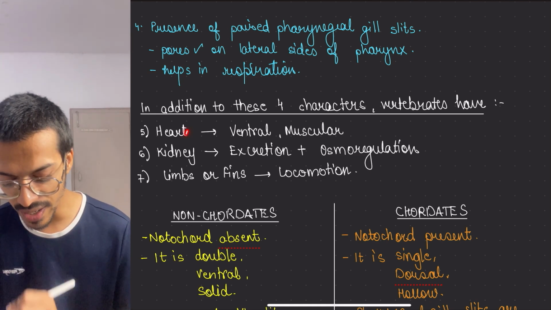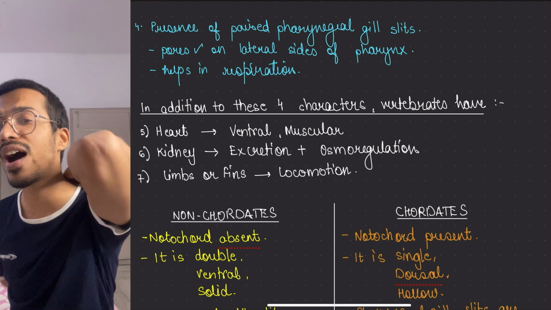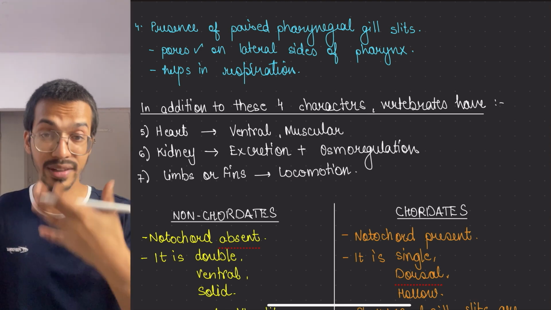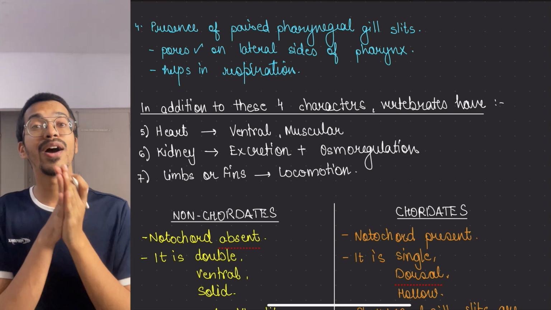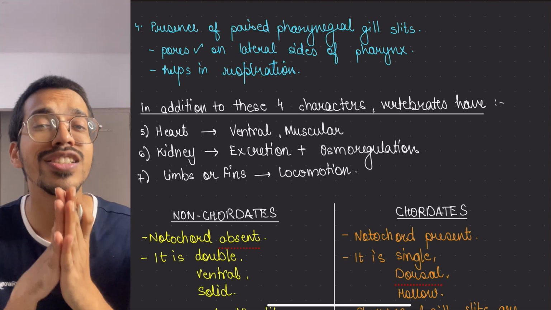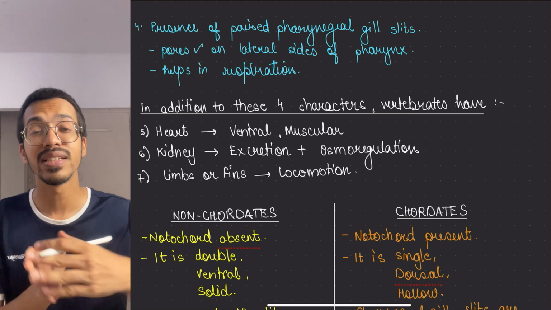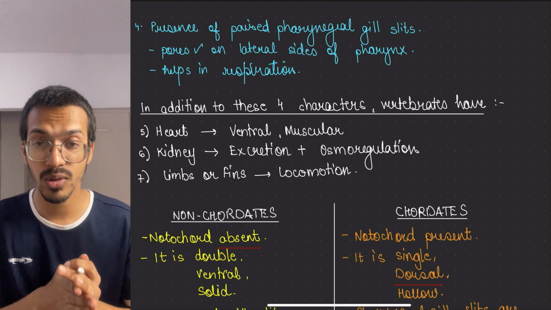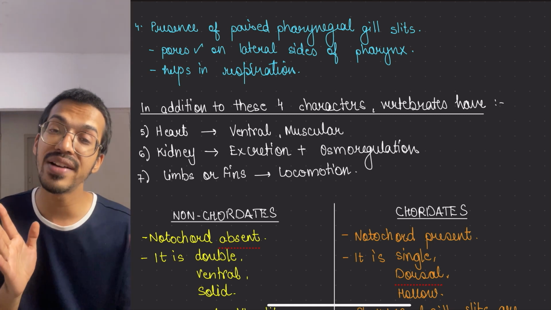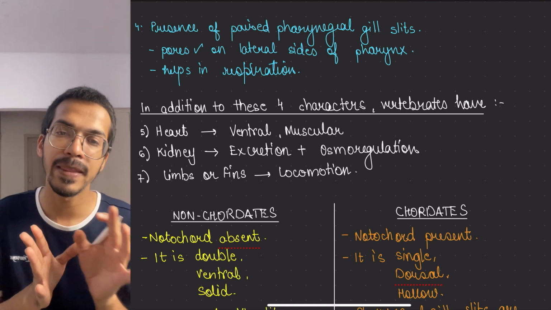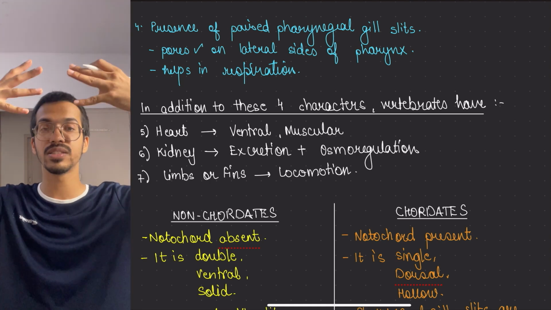Other than this, there is a heart which is present ventrally. We say that my heart is here. We never say that heart is here, right? So this is the ventral side of my body. Now you'll be like, sir, what is this ventral dorsal? Beta, go back to part 1 to understand what is dorsal ventral. Here I'm again telling you: the side which is closer towards the sun is the dorsal side. The side which is away from the sun is the ventral side. Humans normally standing like this, we said the sun is coming like this, but not.